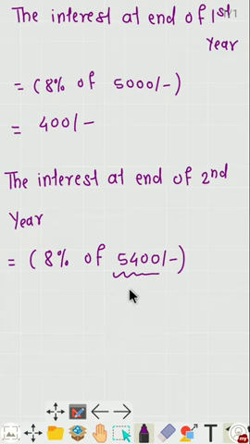At the end of the first year the principal becomes 5400 rupees, and at the end of the second year the bank will give the interest on 5400 rupees with a rate of interest of 8%. The amount will be 432 rupees. Now at the end of the third year,